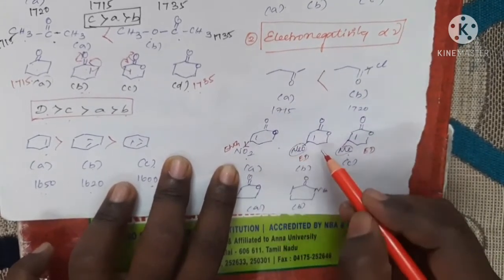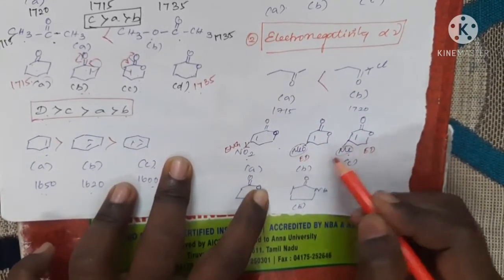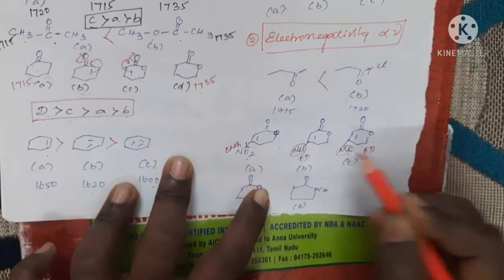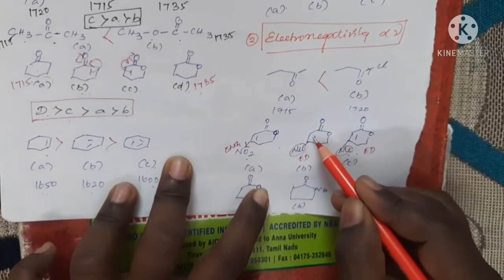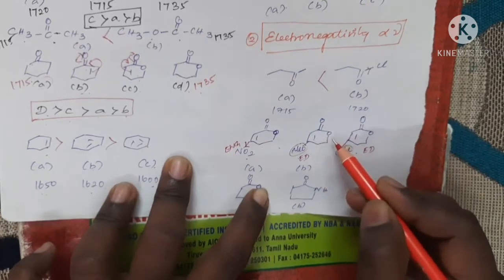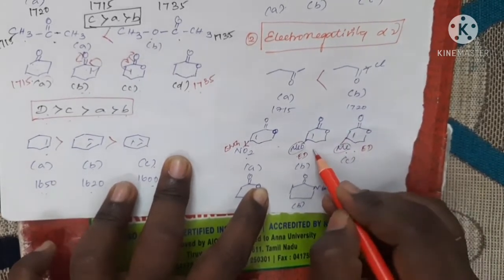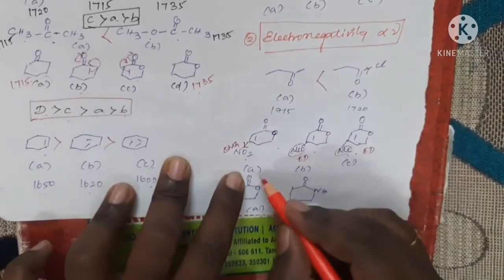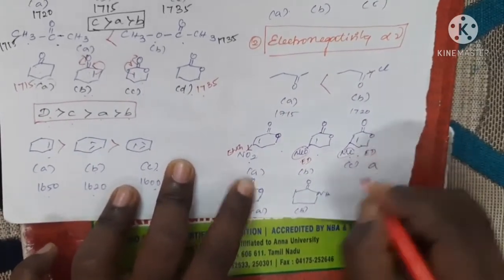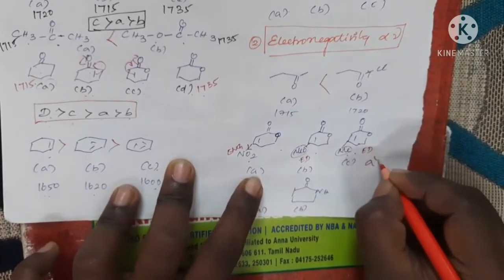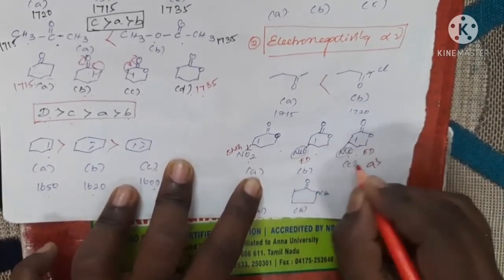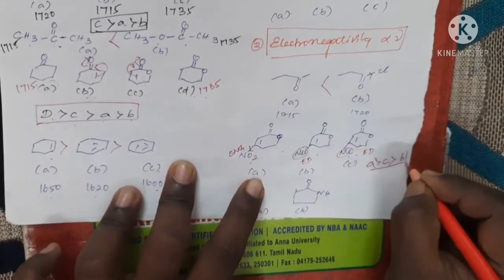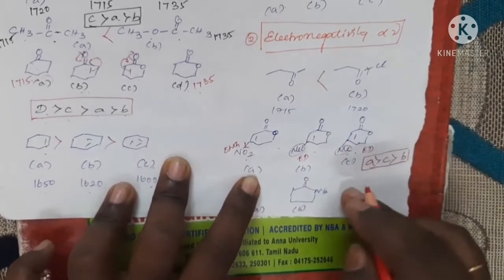Okay, the frequency increases. If we compare the two electron donating groups, this one donates more than this one, so automatically the availability of electrons is higher, conjugation is higher. So the value decreases compared to this Me. So what will be the case here? A has the highest frequency, and then compared to this one, C is higher, and then B. This is the case for this example.